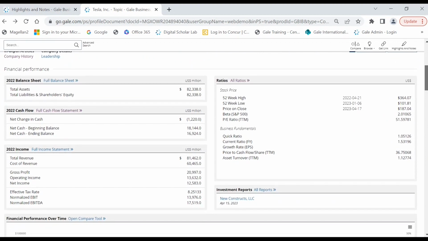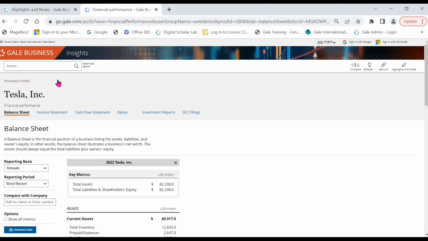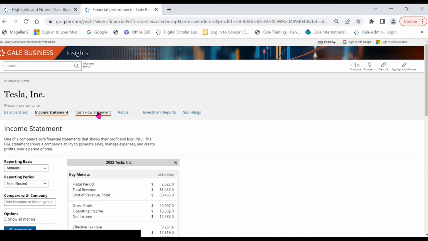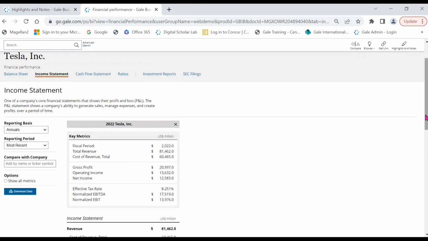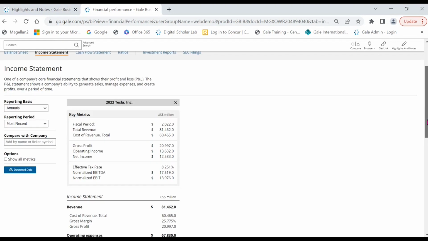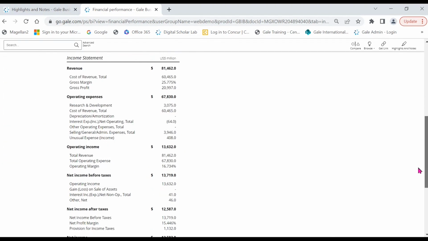So you've got financial reports, and here I have all of my financial data. I've got balance sheets, income statements, I have cash flow statements. This is great if you just need to know, how should I create one of these? What does this look like? How do I use this? How do I build one of these? You have that information here